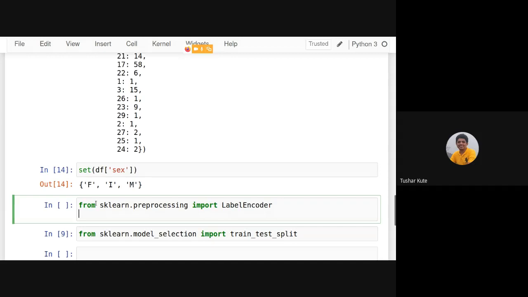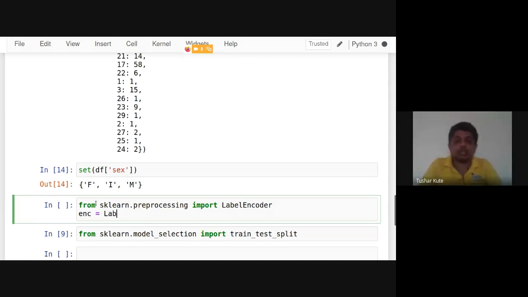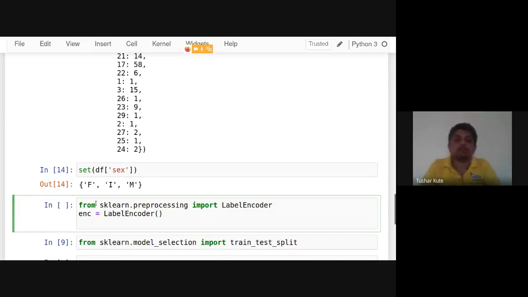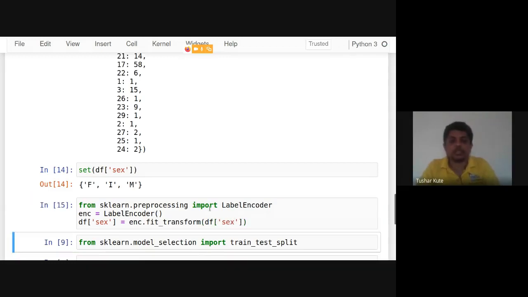Create the object of it, enc is equal to LabelEncoder, and perform the conversion: df of sex is equal to enc.fit_transform of df of sex. Execute it. Yes, this is done now.